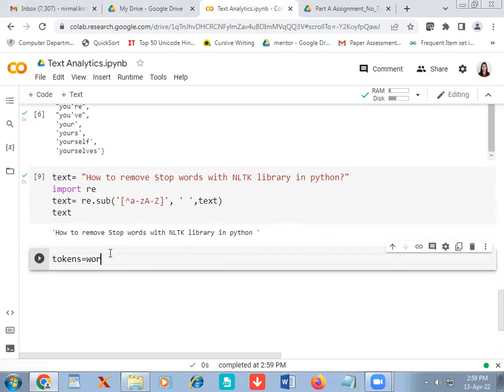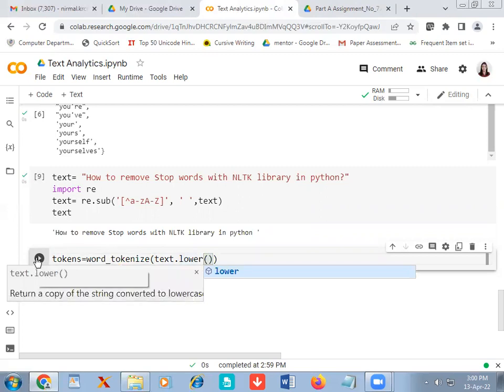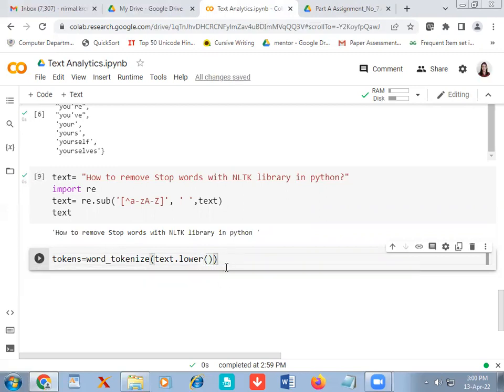In that, I use word tokenize, and I am passing text.lower, meaning I am converting my text into lowercase, and that I am passing into word tokenize. So my sentence will be divided into words, and each word will be stored in tokens. Now if I print the tokens,